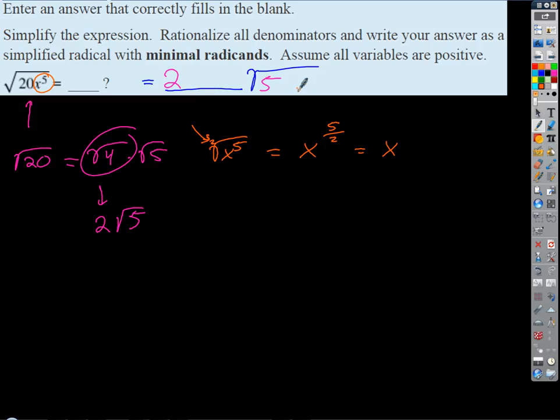So what is 5 halves as a mixed number? 2.5. So we get x to the 2 and 1/2, right? And so that means we get the x squared out front. Inside, we get an x,